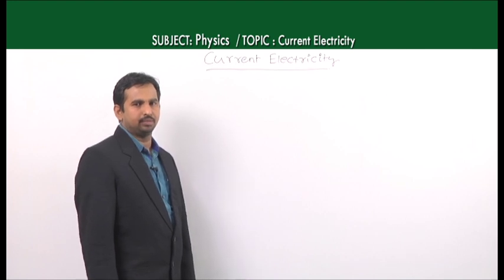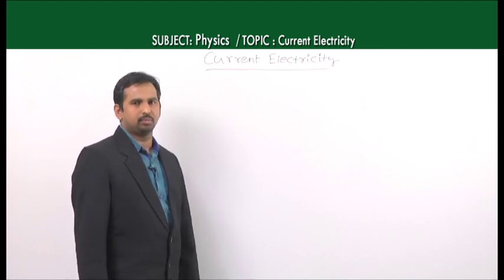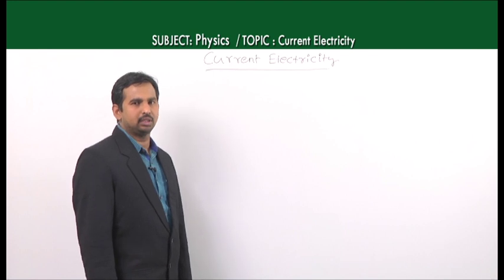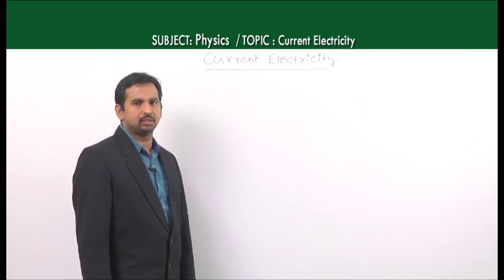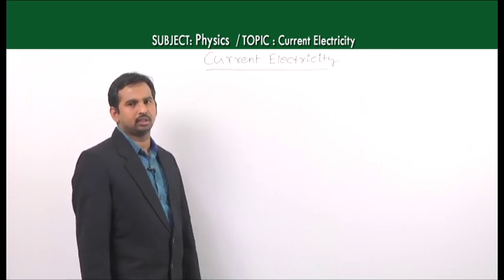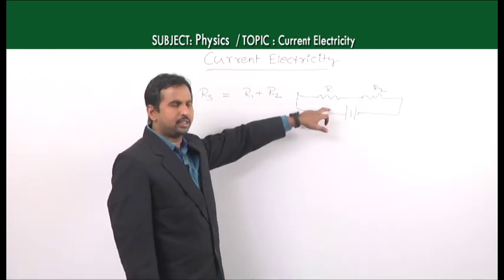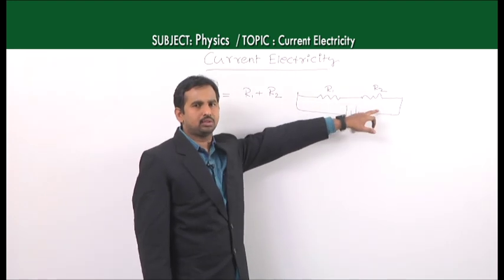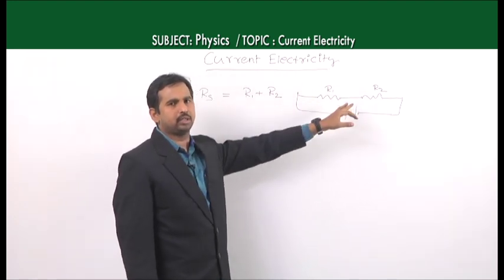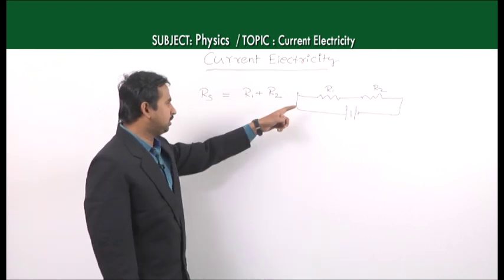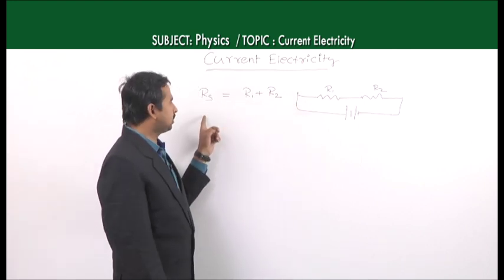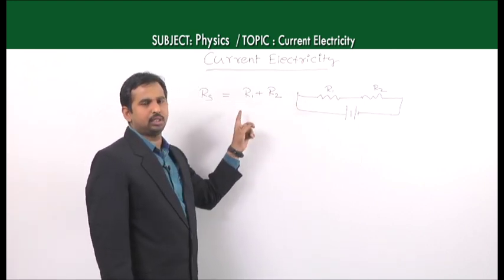Current electricity, which is mainly about Ohm's law, we have seen, and after that we already saw the resistance, and how resistances are connected in series and parallel. This is called series connection, where R1 resistance and R2 resistance are connected side by side here. In this case we already derived that the resistance in series finally becomes the equivalent